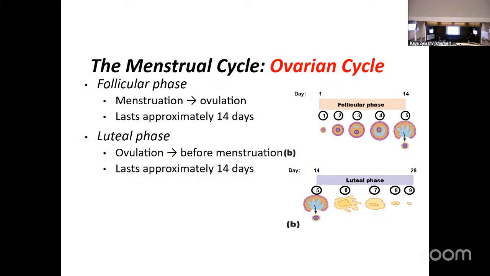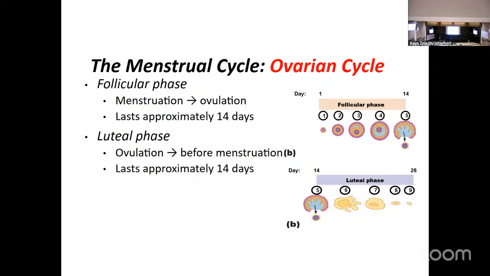So our egg cell has left the ovary, but we do still have structures growing and changing inside the ovary that we're interested in. So we can see this over here. That's about another 14 days in the luteal phase